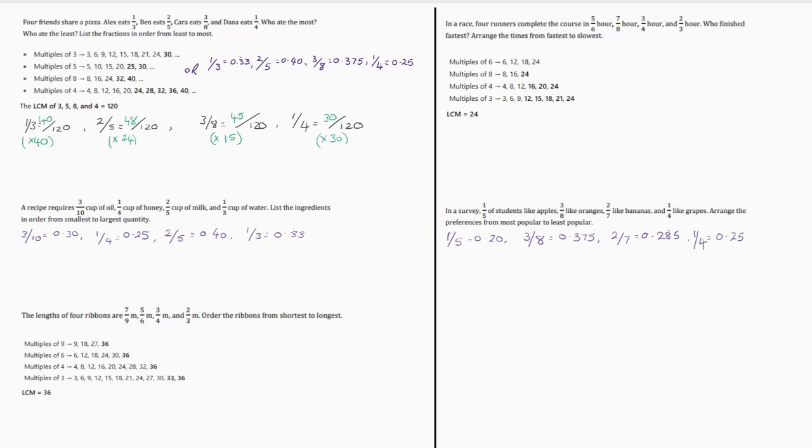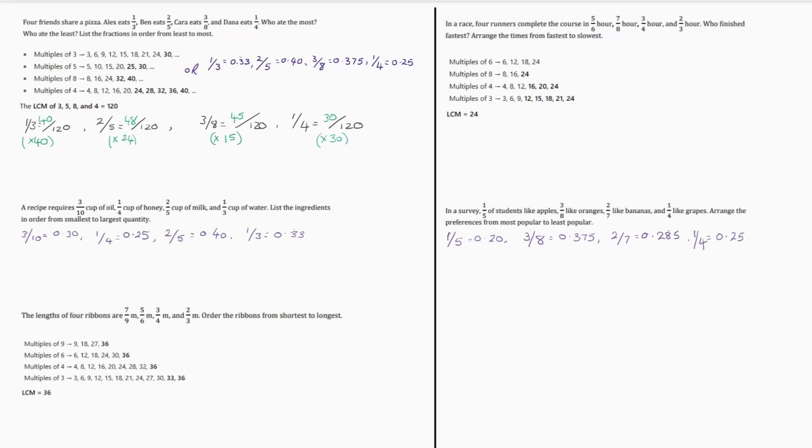First of all, you can find the lowest common multiple of the numbers. To do that, you do the usual multiples of each denominator, which would be 3, 5, 8, and 4. Now, this can go on for quite a while, because the actual lowest common multiple, as you can see, is 120. So what I've done is show you that if it does seem to go on forever,